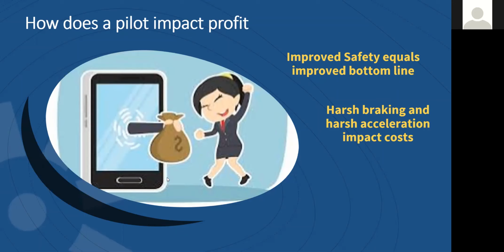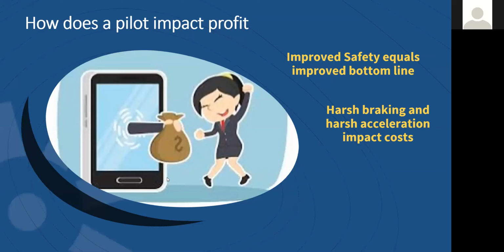If you think about harsh braking and harsh acceleration, they chew fuel burn like no other activity. So if you're changing your drivers' harsh driving habits, you're going to achieve, and this is globally reviewed and measured, anything from a 3 to 11% reduction in your fuel burn alone, just by changing that one habit. But I'm not going to do the maths, because everyone's fuel bills are different. But within a 4-month pilot program, you are going to generate enough to bankroll the system for 12 months. So in other words, you're generating profit for 8 months of the year purely out of a 4-month pilot program,